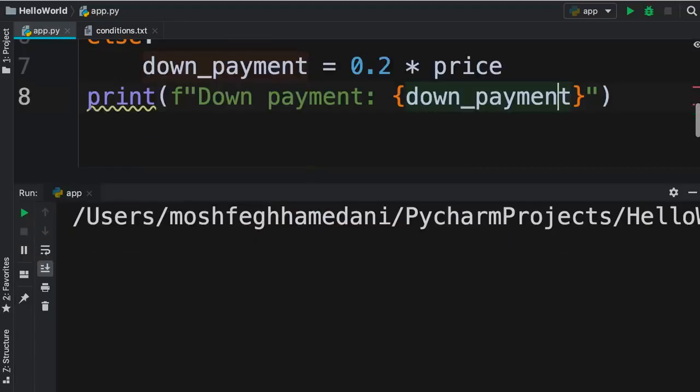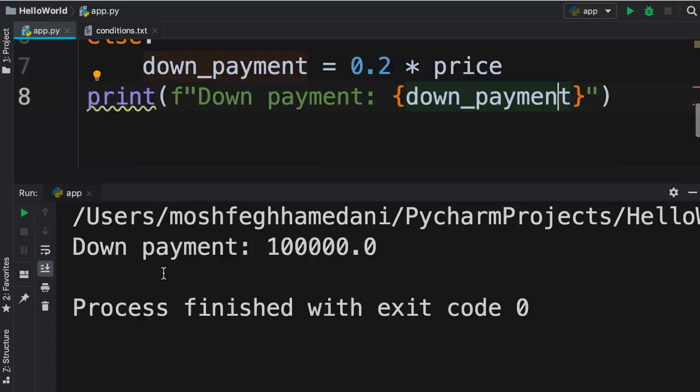Let's run this program. So down payment for a buyer with good credit is 100,000. Now let's improve this by adding a dollar sign before this number. So back to our formatted string, just before the curly brace, I'm going to add a dollar sign. Let's